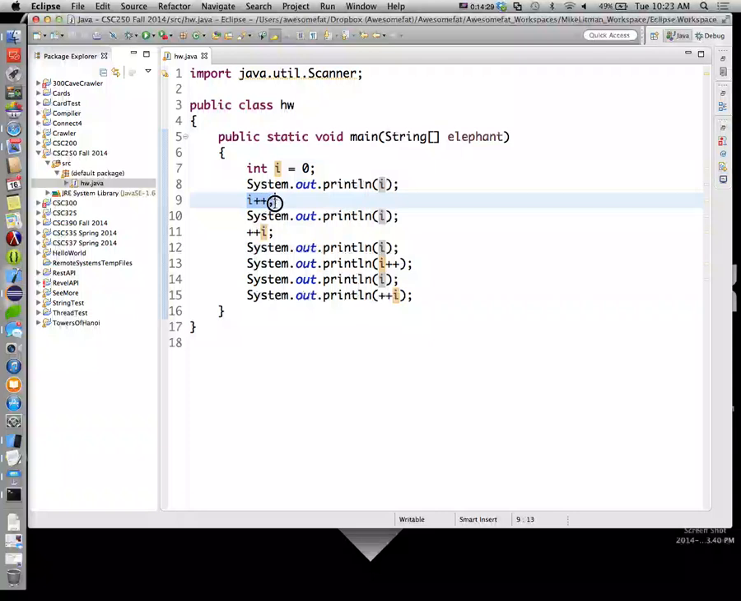Because saying I plus plus here is functionally equivalent to saying plus plus I. Because I'm not actually using the value on that line. I'm just changing the value. That make sense? But it is important to know whether it comes before or after, because you will see code